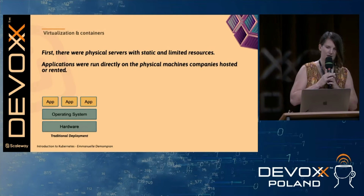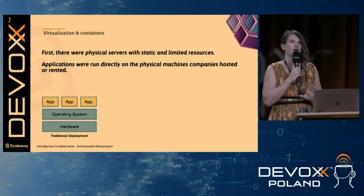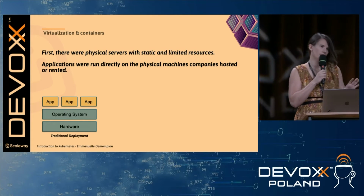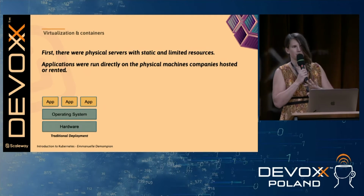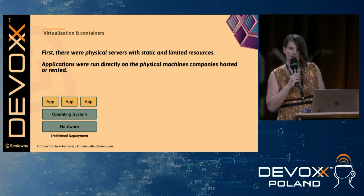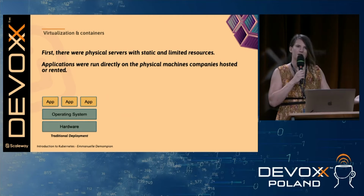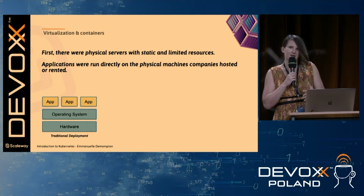So, first about containers, and as I said, I'm going to be quite quick about this. I'm going to display a scheme that you probably all know because it's on every cloud documentation, it's on Kubernetes documentation, containers documentation, pretty much everywhere, about the story of virtualization. So basically, at first, like at Scaleway, we had data centers and hardware, dedicated servers, and everybody was using